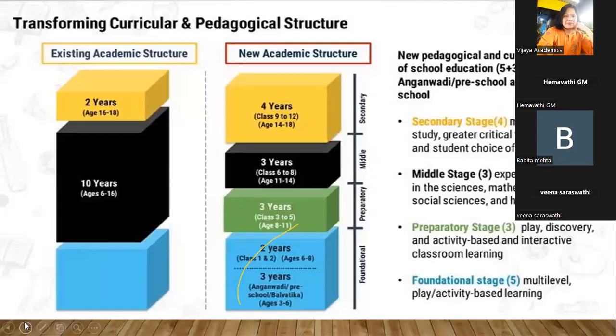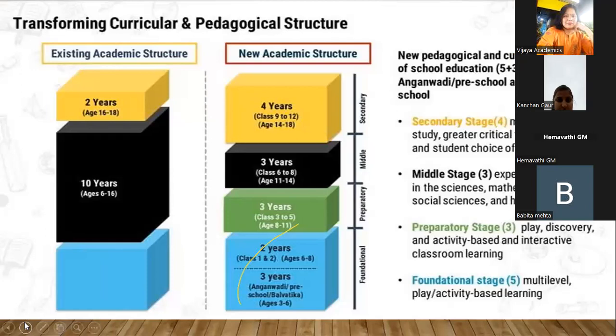Now see, here the transforming curricular and pedagogical structure is given. The existing academic structure, which we were following in 2021-22, is 2 years for 16 to 18 and 10 years for 6 to 16. Now here a new academic structure is given. The first stage is the foundational stage, then the preparatory stage, then the middle stage, and the secondary stage. This is the new pedagogical and curricular structure of school education, 5 plus 3 plus 3 plus 4. 3 years in Anganwadi, preschool, and 12 years